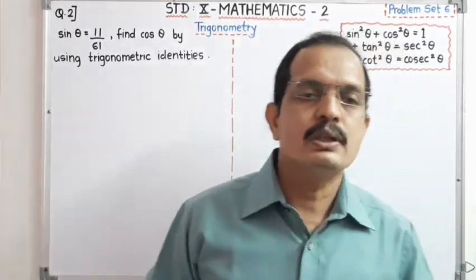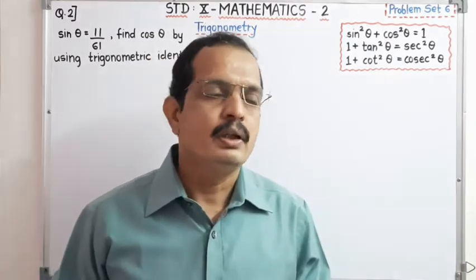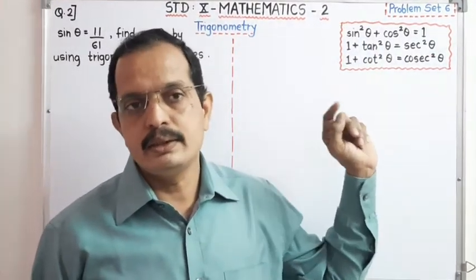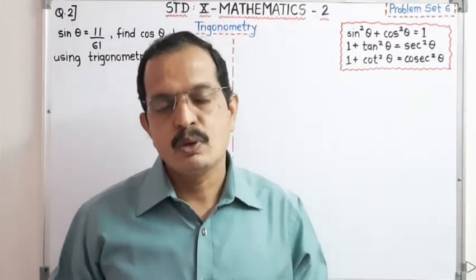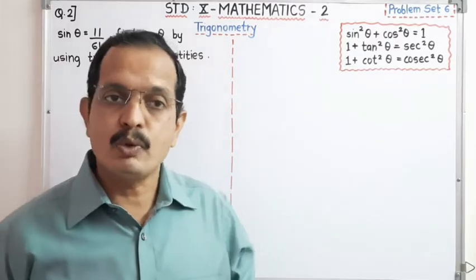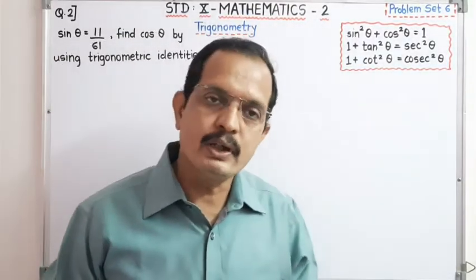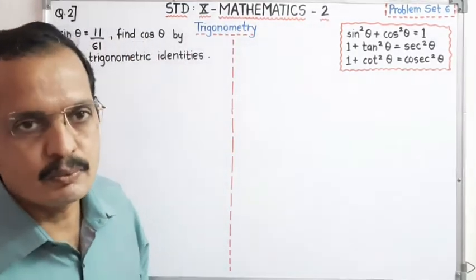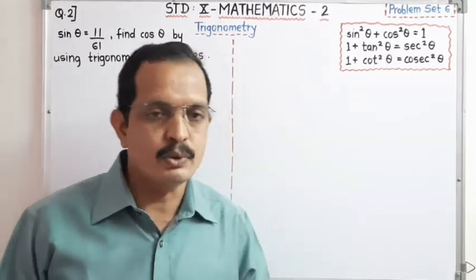See dear student, if you observe in practice set 6.1, identities are most important. Only knowing the identities is not important. You must know which identity we have to apply for which sum, and for that the solution is practice. Therefore do the practice regularly and solve the sums yourself.